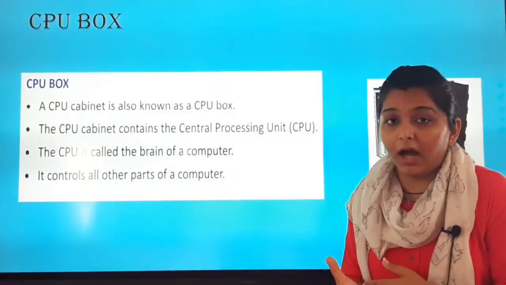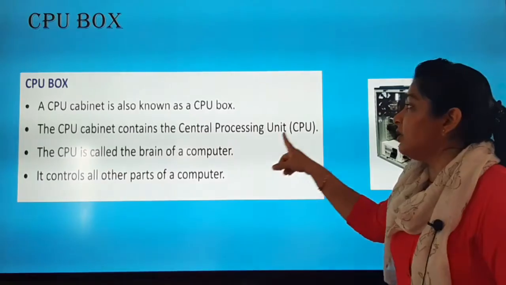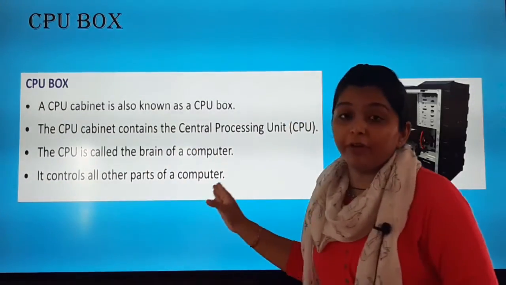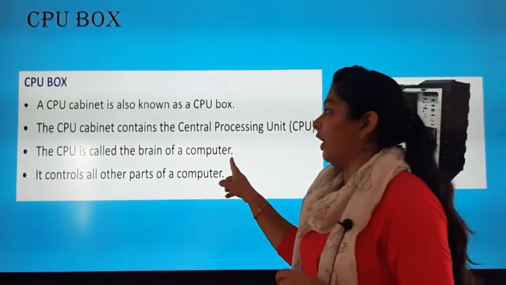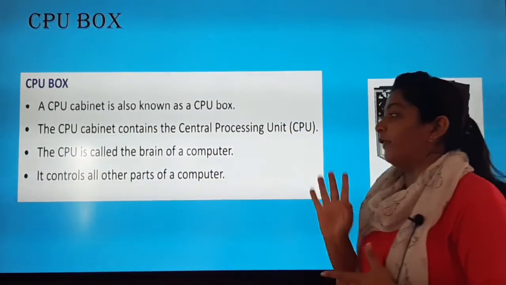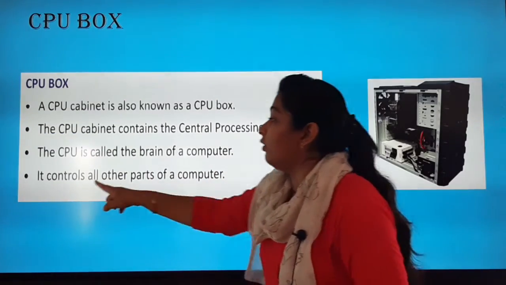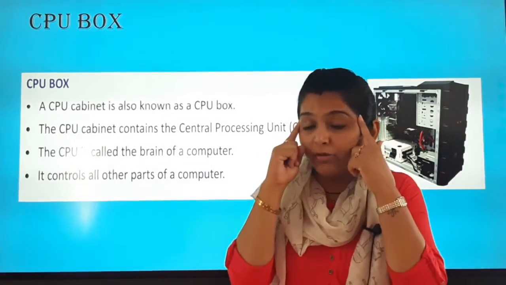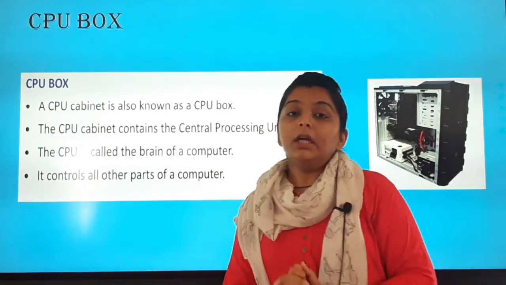जो भी processing का काम होता है, वो कहाँ होता है? CPU. That is why it is known as central processing unit. The CPU is called the brain of a computer. अब जहाँ पे processing होगी, that part will be known as the brain of a computer. Therefore, CPU is also called the brain of the computer. As it is known as the brain of a computer, it controls all the other parts of the computer. जब हम उसको brain of the computer बोलते हैं, that is why it controls all the parts of the computer.